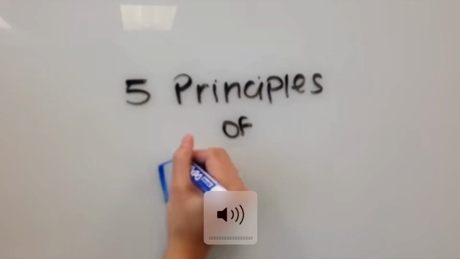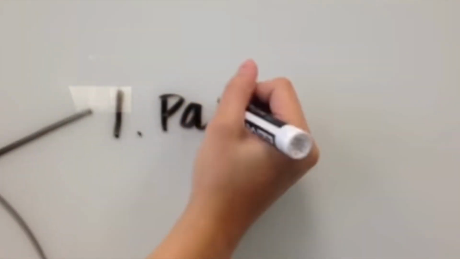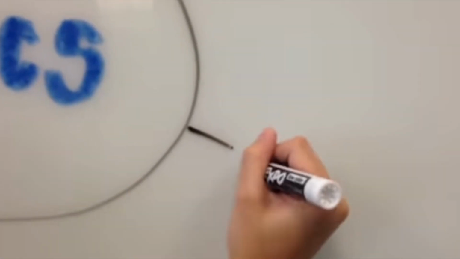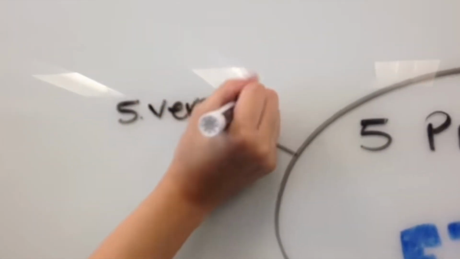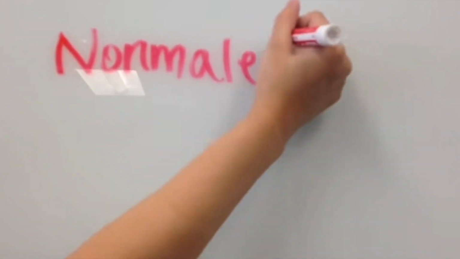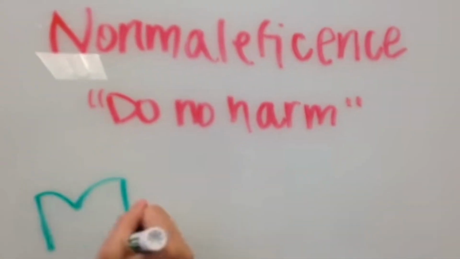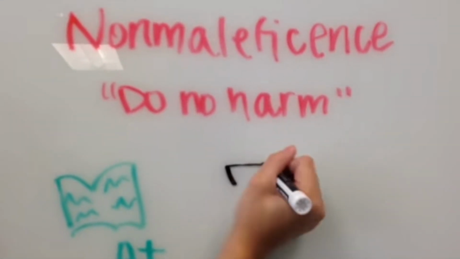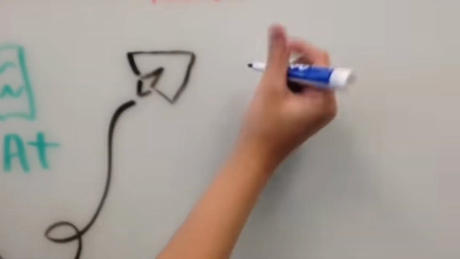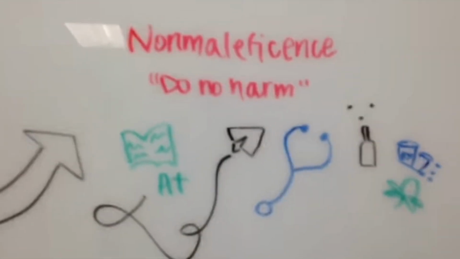Ethics is defined by the ADA as the combination of 5 basic principles. These 5 are: 1. Patient autonomy, 2. Non-maleficence, 3. Beneficence, 4. Justice, and 5. Veracity. There's an additional one there, veracity, but we look at 4 pillars. Non-maleficence is the idea of no harm. This means that the dentist must keep their education up to date, will seek consultation and referrals when necessary, have qualified auxiliary personnel, and will not practice when impaired.